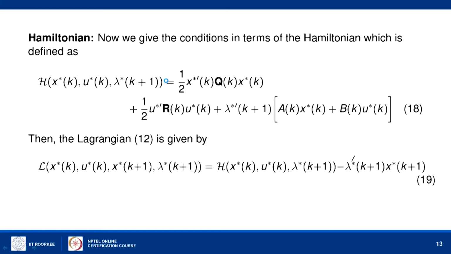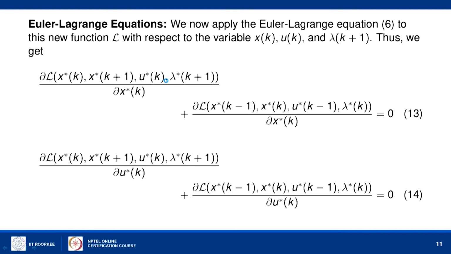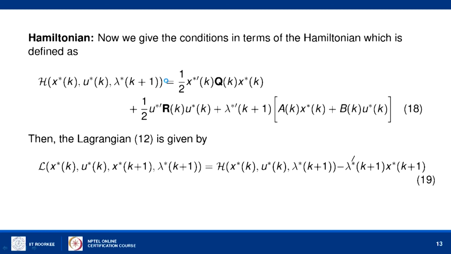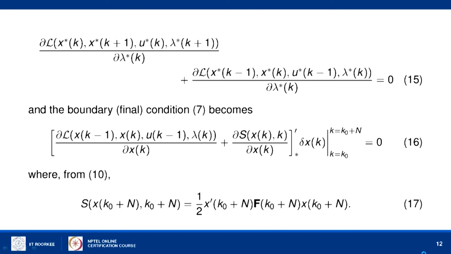Okay. So now L is written in terms of H in this way, and converting equations 13, 14, 15, 16 in terms of H, we can directly verify del L by del u. For example, it means del H by del u, because the next term is not there. So the Lagrangian L is written in terms of H as in equation 19. Now, converting these equations 13, 14, 15, 16 in terms of the Hamiltonian.